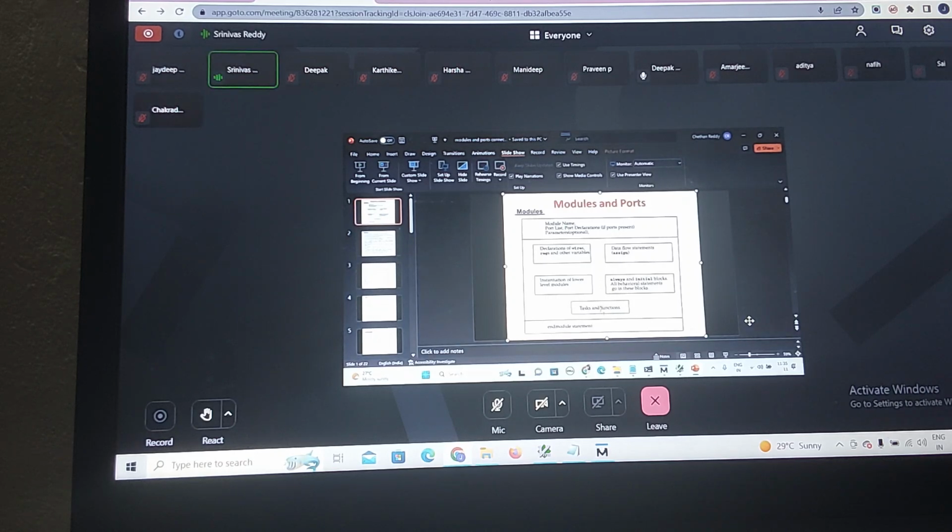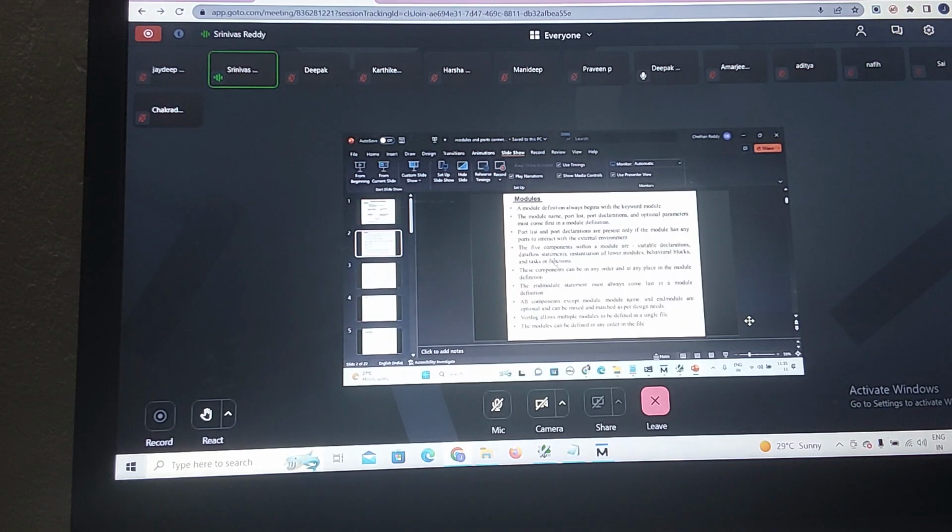So this is about the module definition. If you look at this module definition, it begins with the keyword module. The module name, port list, and port declaration are optional. The parameters must come first in the module definition. If you are modeling any hardware, the port list will be there and the port declaration will be there. Correct. The port list and port declaration are present only if the module has any ports, correct, to interact with the